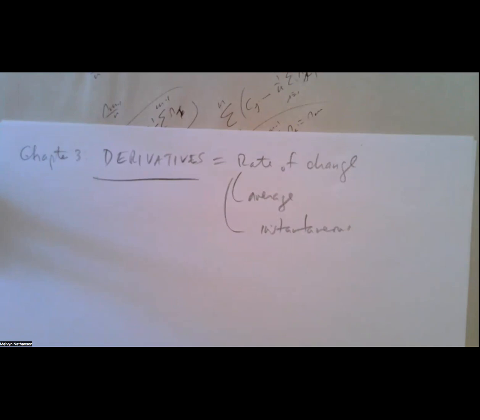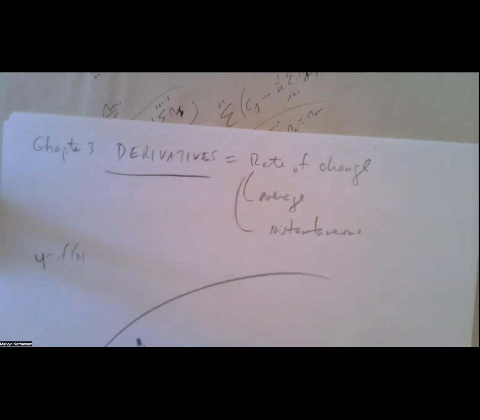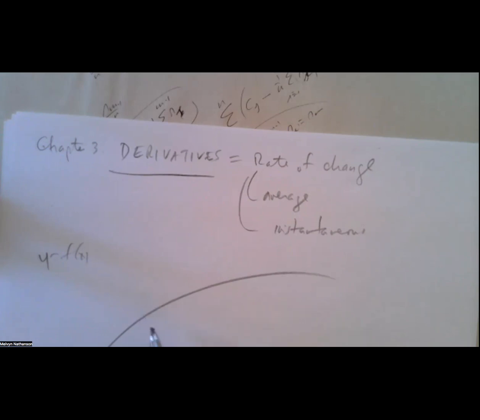And we can think of this in terms of geometry or in terms of physics. The context might be different, but the mathematics is exactly the same. So let's think of a function y equals f of x, and the graph of the function looks like that. And we want to know at some point on this curve, how fast